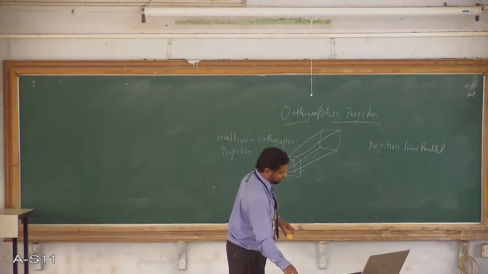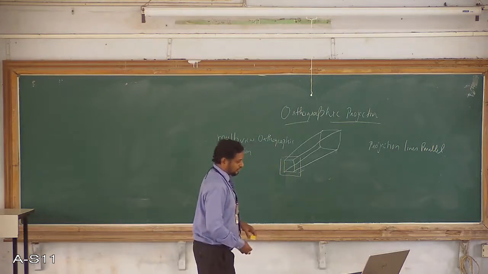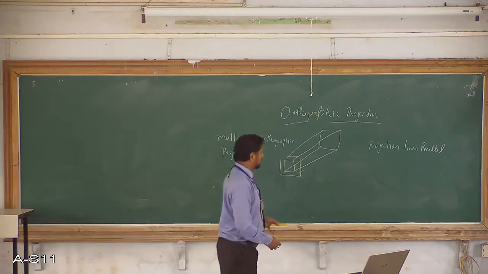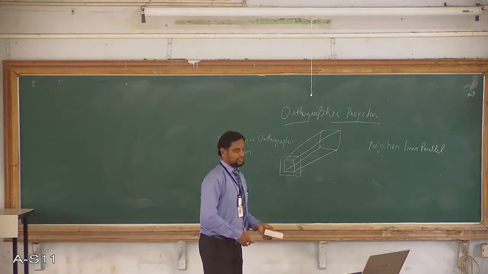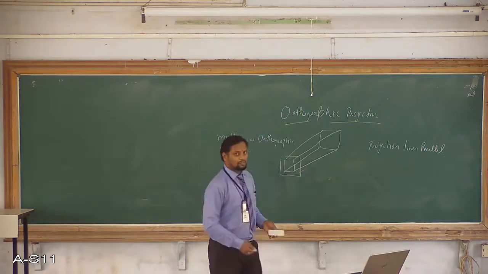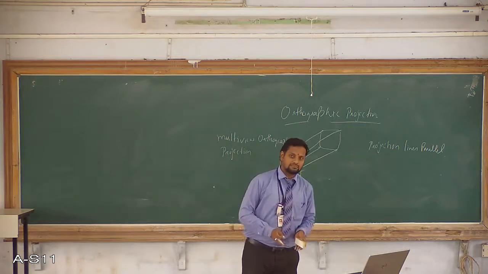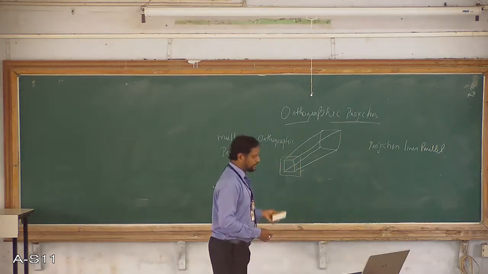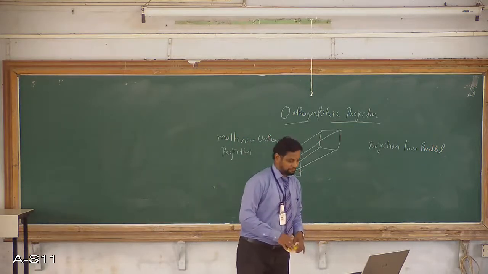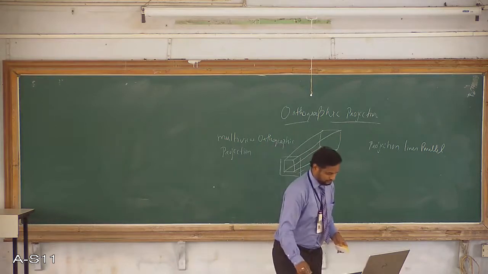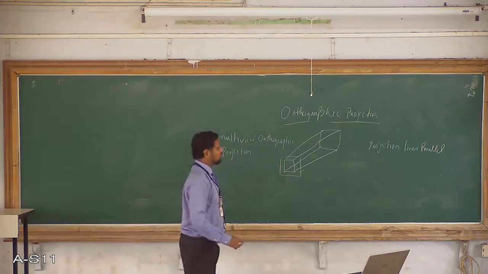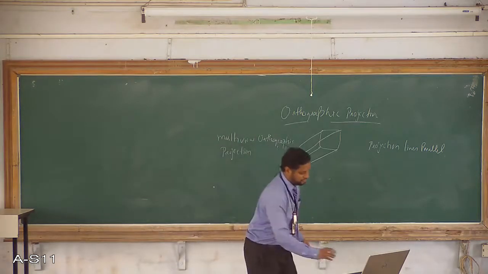One more property of orthographic projection is that there is no distortion of either distance or shape, because there is no attenuation in the size, because the lines will be parallel and they are not meeting at one point called as a COP, so the size will remain the same. So there is no attenuation, so no distortion of either distance or shape. So probably we use this orthographic projection in drawing applications.